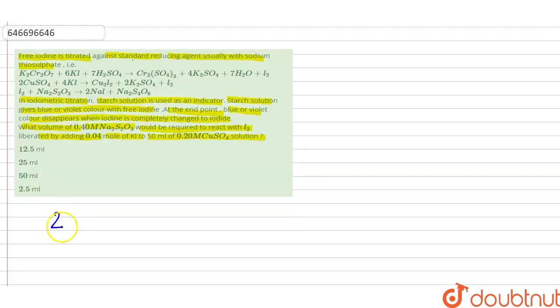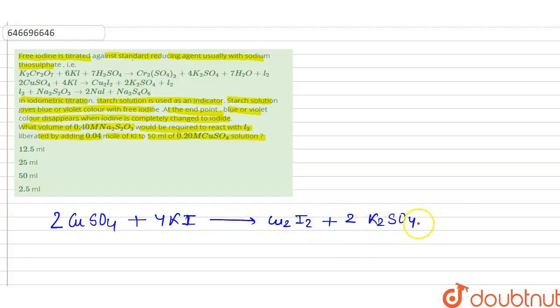So the first reaction is 2 copper sulfate reacts with 4 KI, then gives 1 Cu2I2 plus 2 potassium sulfate plus 1 iodine is liberated. So if we use this reaction, we know that 0.04 moles of KI is added to